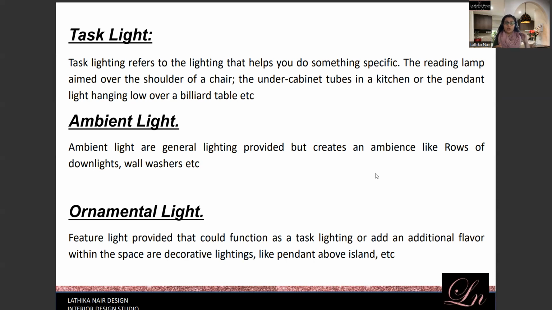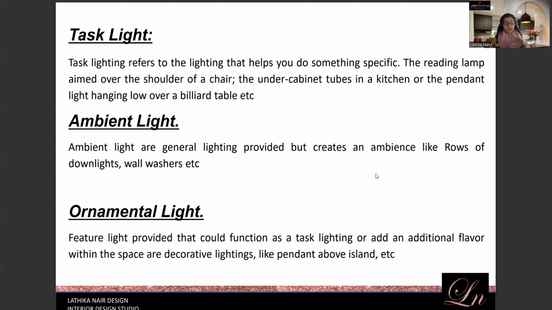So specifically for a task is called a task lighting. See, olden days it was very popular. Nowadays we are splitting it, getting into the details, but olden days you just had one light in the kitchen and that would serve everything. It was just a down light or just one ceiling light that you had. That would be more than enough. But now we are breaking it down. You don't have to have the ceiling light. If you've got under lights, you may not need the ceiling light when you're doing your task. You'll just have the under lights and they'll be on for you to do your work.